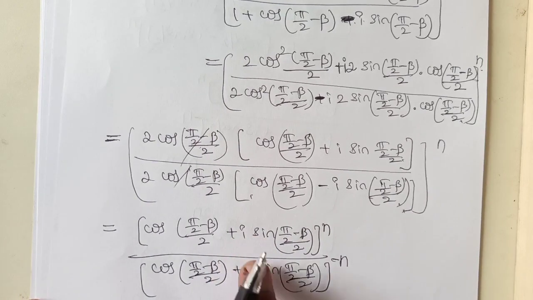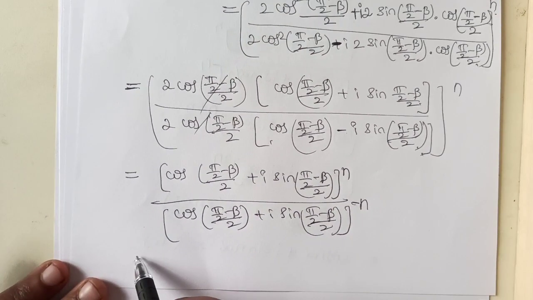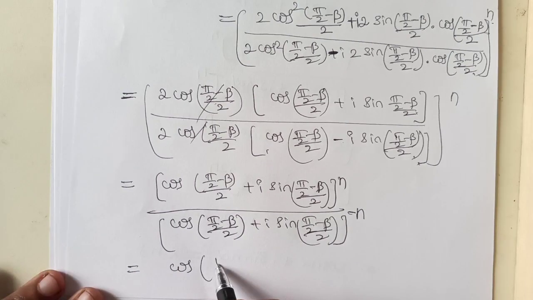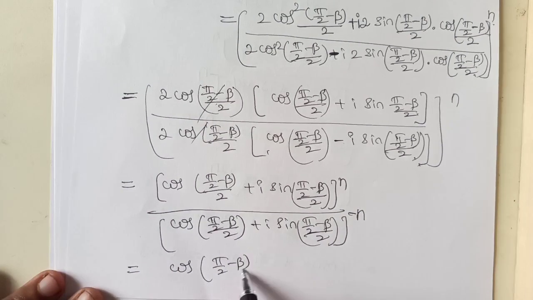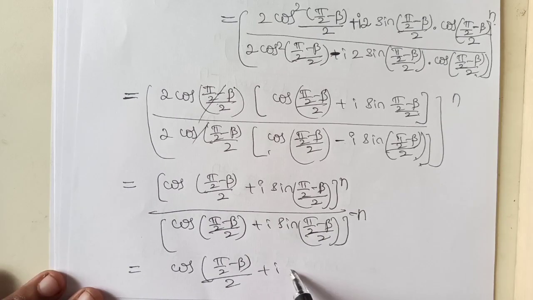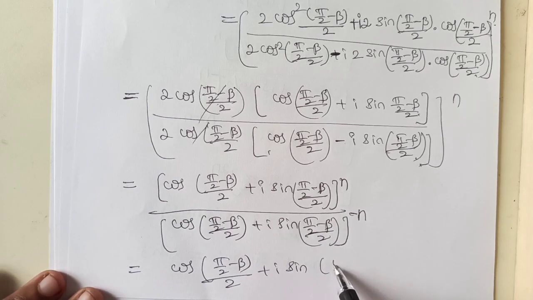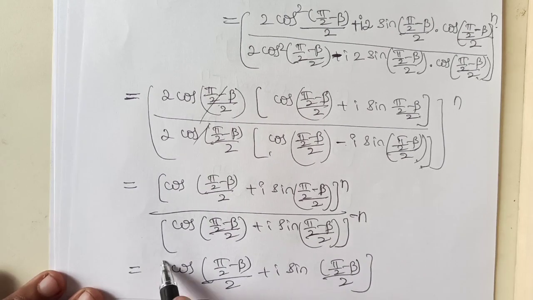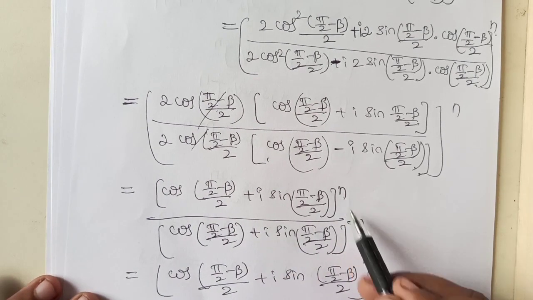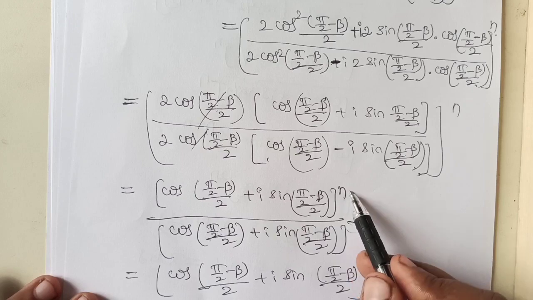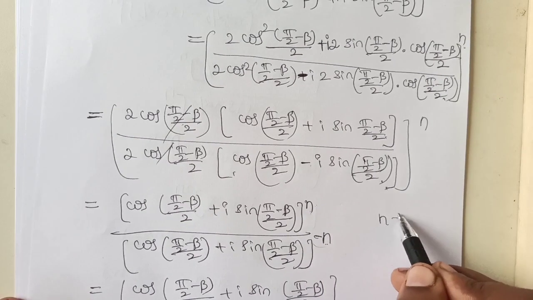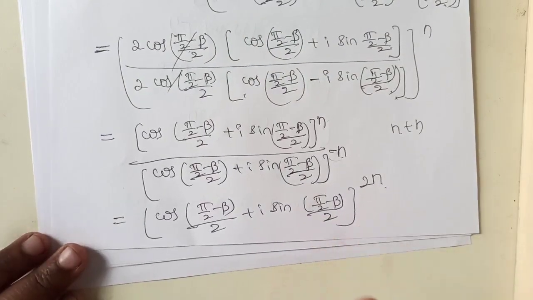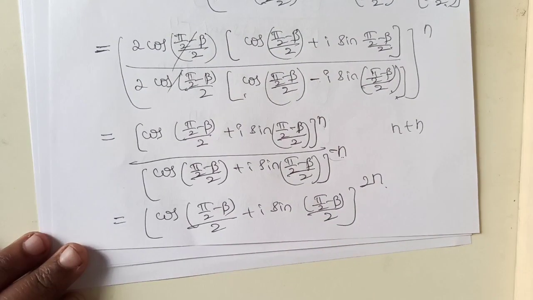Now bases are the same, so powers can be added. Therefore this can be written as cos pi by 2 minus beta whole divided by 2 plus I sin pi by 2 minus beta divided by 2, power. Adding powers, here we have n, and on taking this minus n to the numerator it becomes n plus n, which is equal to 2n. Okay, now further simplifying this one we get